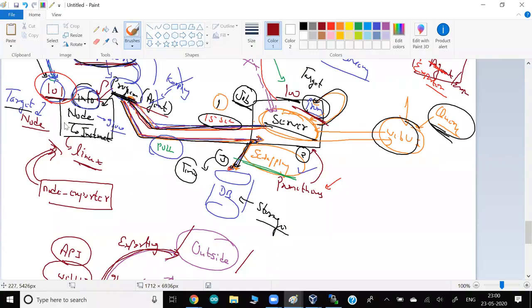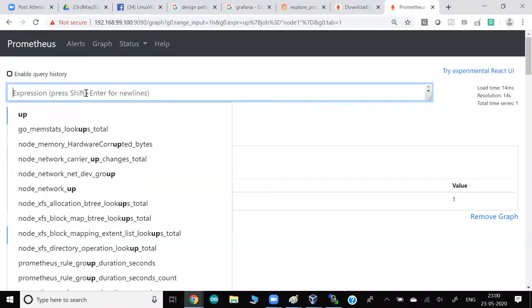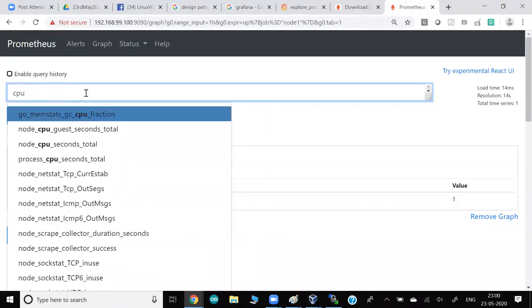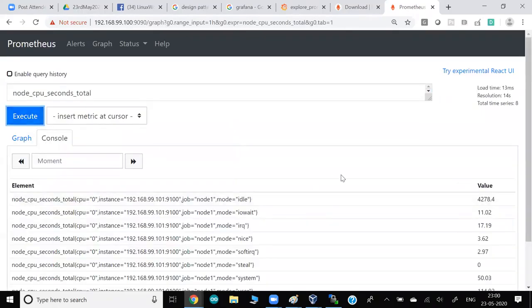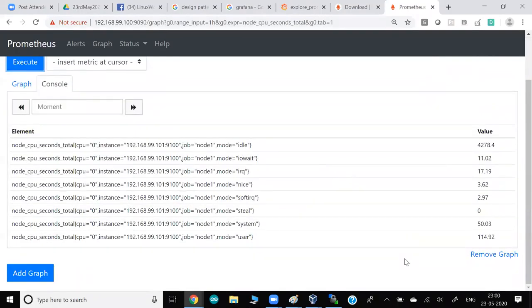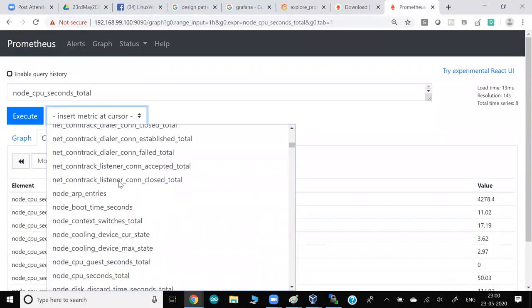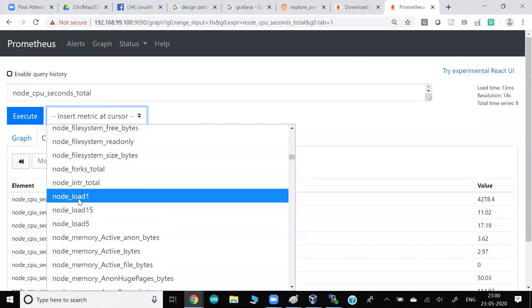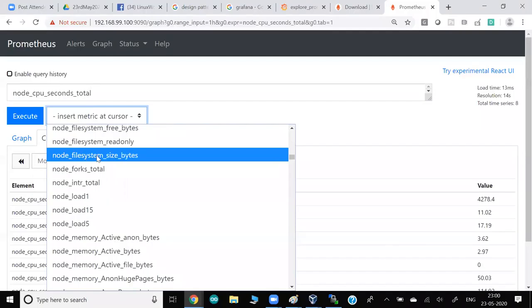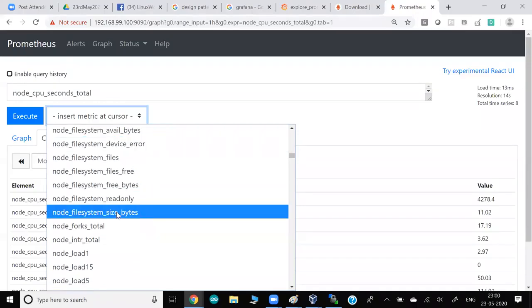Just do it. After that, just run some basic command, or maybe just query anything like CPU. You can see the total number of CPUs consumed. So these are the total CPUs they are showing you. At least you can try this here, or you can just find the names here. They give you all the names. So you know what these names are? These names are, let's say, file system size. These are known as information. These are known as metrics. So these are the metrics they are retrieving. Let's see here how many metrics they're retrieving.